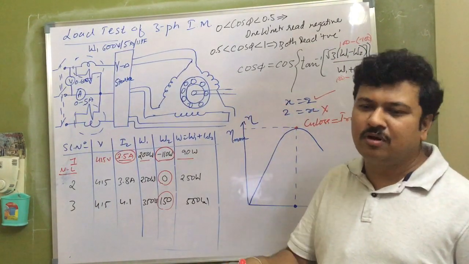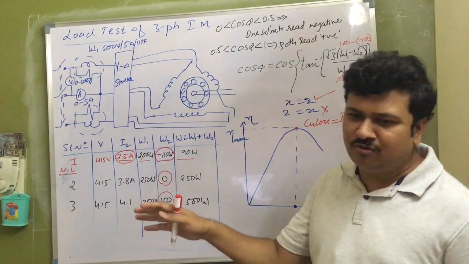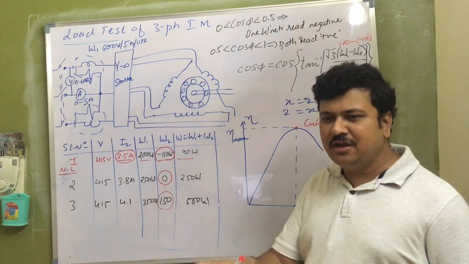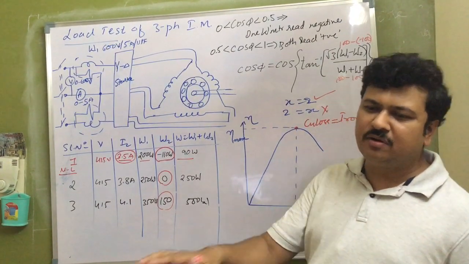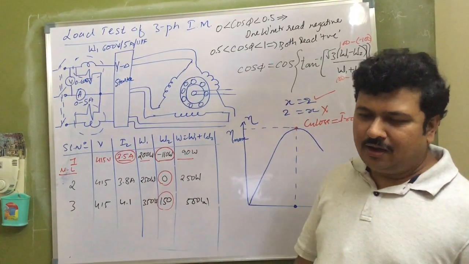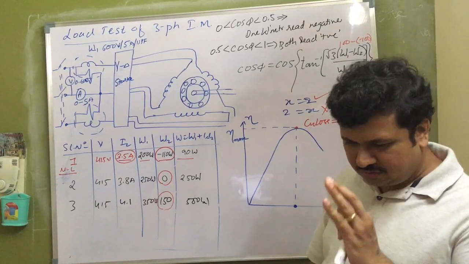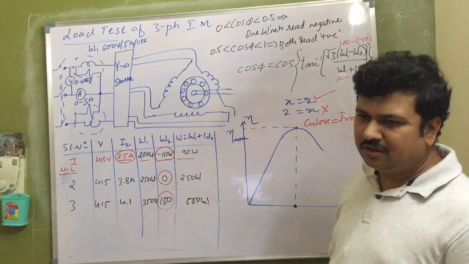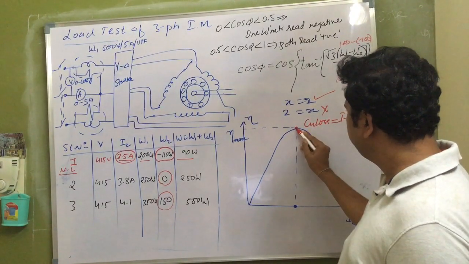In many books, while the derivation is done, it comes out to be iron loss equal to copper loss and it is kept like that only, because of which you will be reading it like that. But iron loss will not become equal to copper loss. Copper losses will become equal to iron loss at one point. At that point, the maximum efficiency occurs.